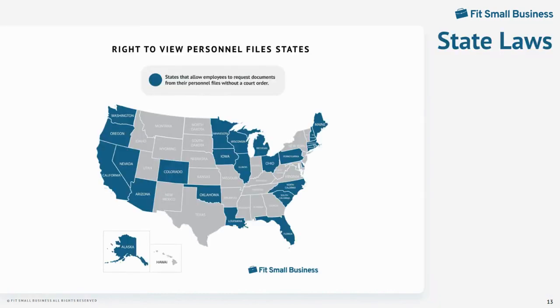State laws on personnel files revolve around whether or not an employee has a right to look at their personnel file. Many states have a provision that allows employees to request copies of documents in their files. In other states, employees may have to file a lawsuit to see their personnel file. The following states, highlighted in blue, allow employees to see some or all of the documents in their personnel folder: